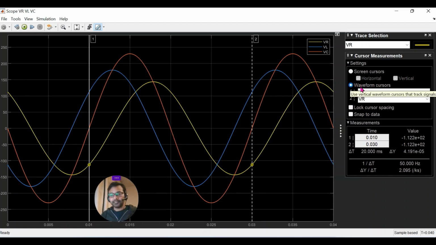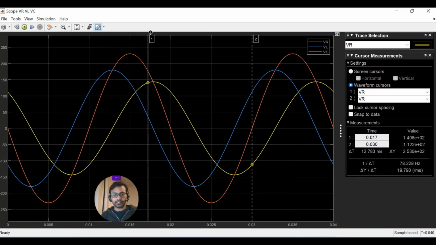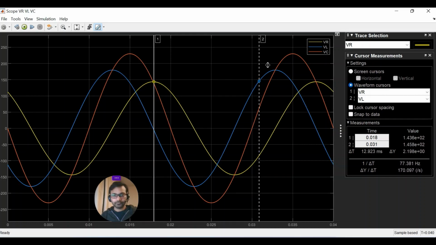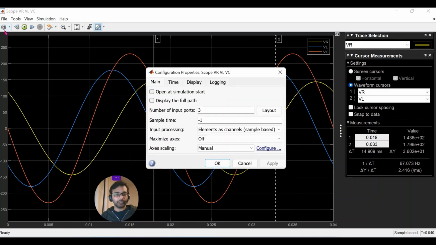Okay, so let's measure the phase difference between the resistor and the inductor. So it's coming out to be around 15 milliseconds. Again, if you want, you can display the three waveforms,